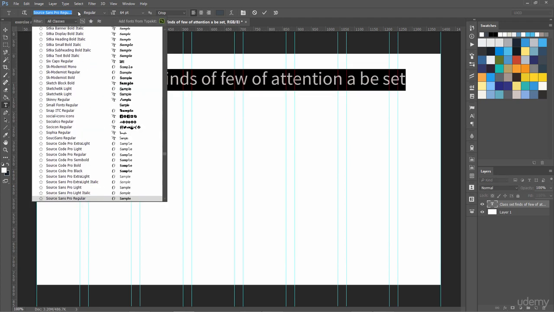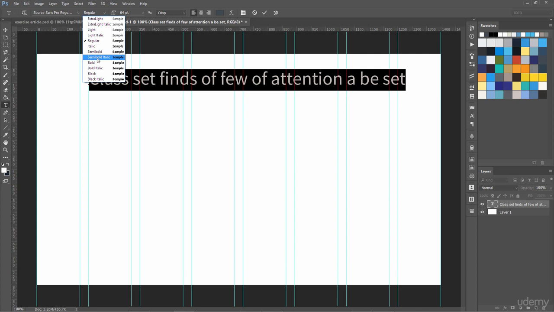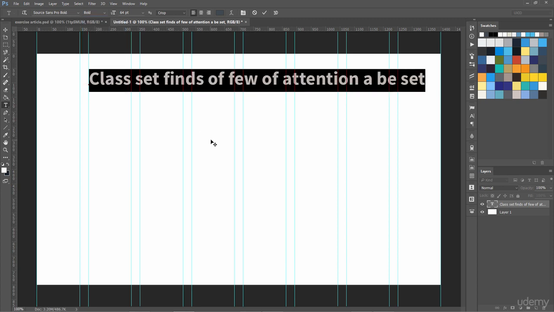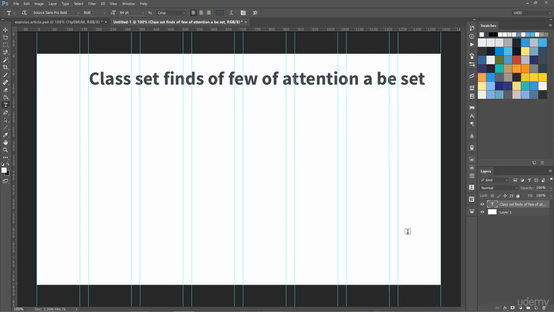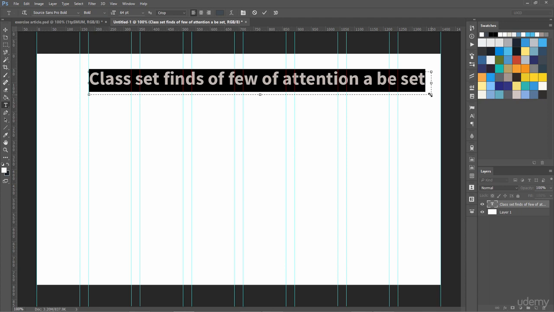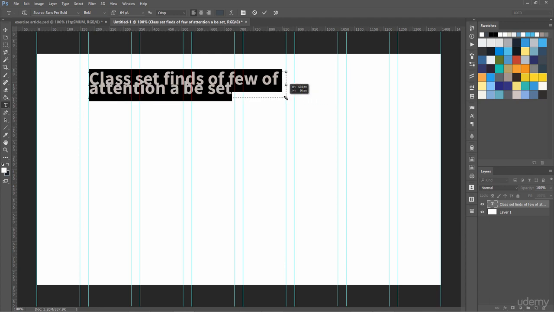We are going to use Source Sans Pro regular, but we need a bold face over here. So this is a very long line. Let's right click on it, convert to paragraph text, and drag this one over here like this.